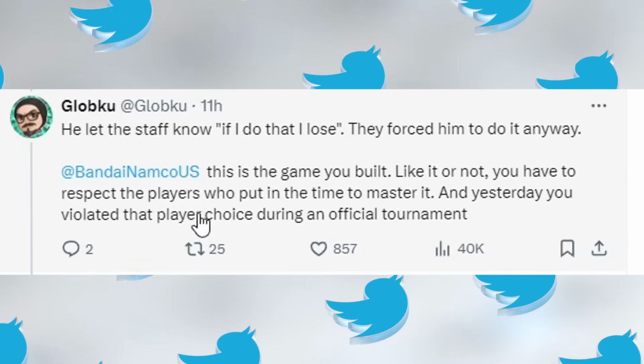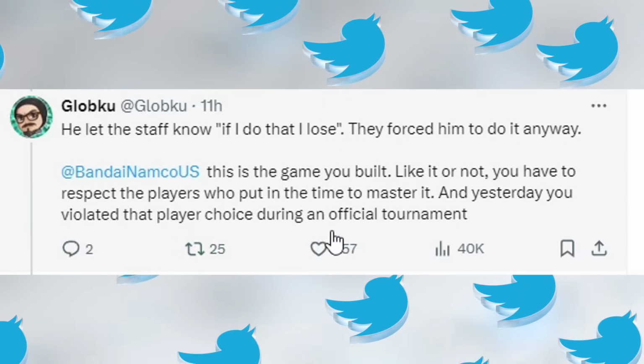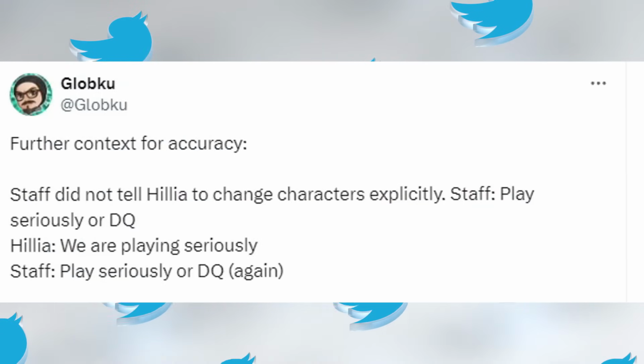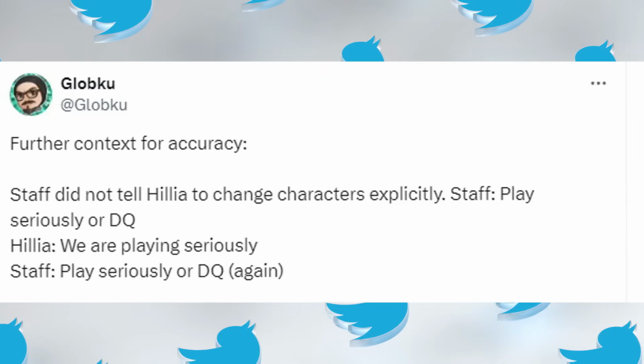Like it or not, you have to respect the players who put the time in to master it, and yesterday, you violated that player's choice during an official tournament. Then I noticed down below he updates saying, for further context and accuracy, staff did not tell the player to change characters explicitly. The staff said play seriously or DQ. He responded saying, we are playing seriously. Staff said,